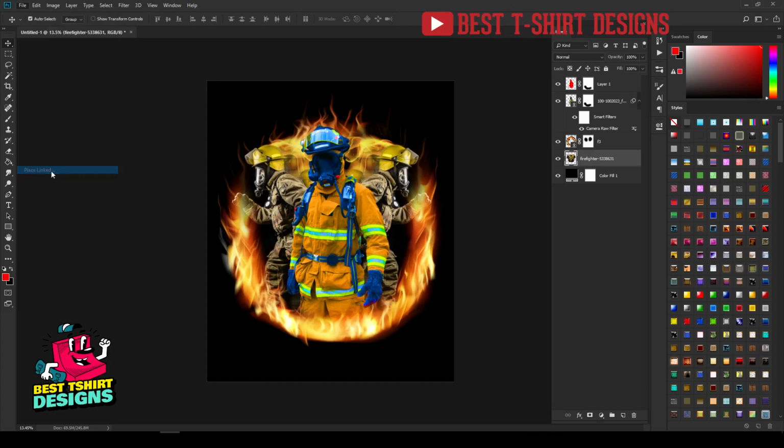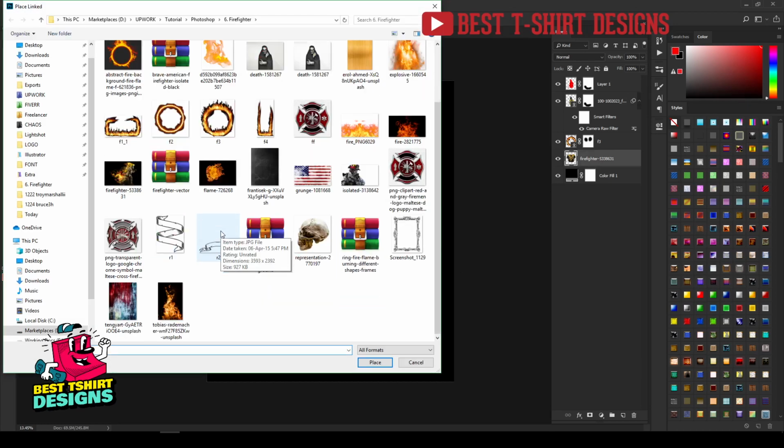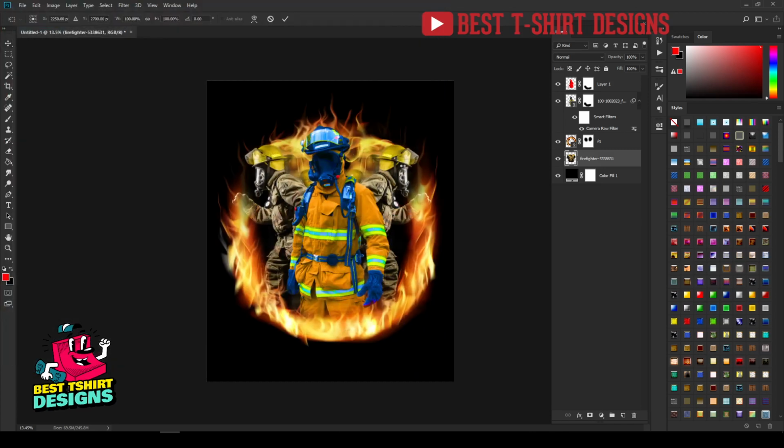Let's bring in some fire images, maybe this one, this is the transparent PNG of a fire. So let's keep it something like this in this area so that it hides that black part of the design. Now press enter on your keyboard and then press alt. Sorry guys, it is moving the group because I have the group selected. Make it layer, it will select the layer only. So this is my fire image.